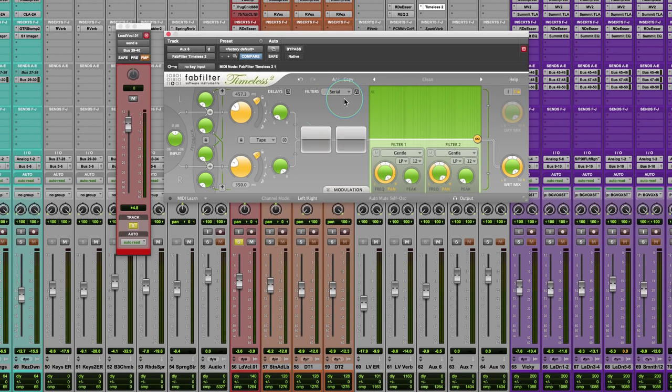So we're going to start with it in a basic serial mode here, and then we're going to kind of work through each section. And we got the filters. There's a lot of different characteristics that you can do for each of the filter types. What's kind of cool is that if I put, for example, let's say on filter 1 I have a high pass filter,